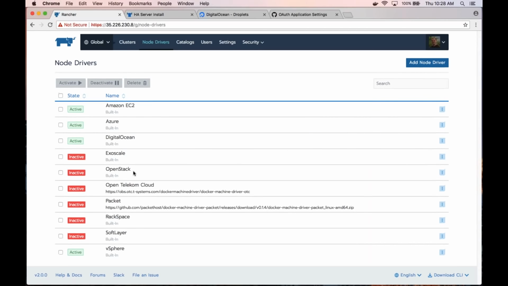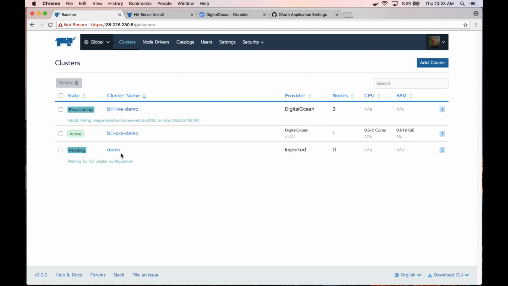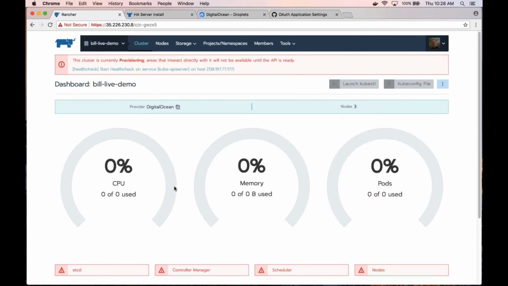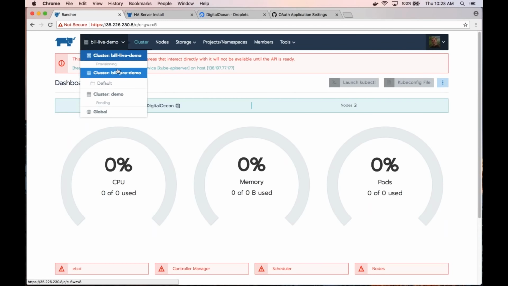In order to provision the nodes, we're still using Docker Machine node drivers under the hood. There's a few extras that are not enabled by default that can be enabled under this nodes tab at the global level. You can see here, this is starting to provision. As that's coming up, I can show you